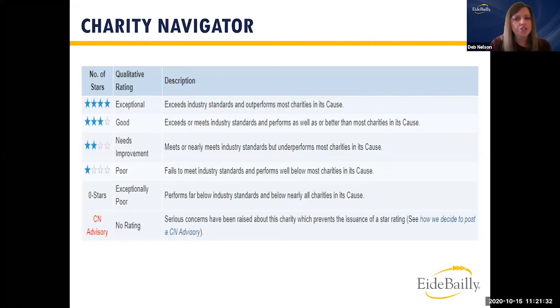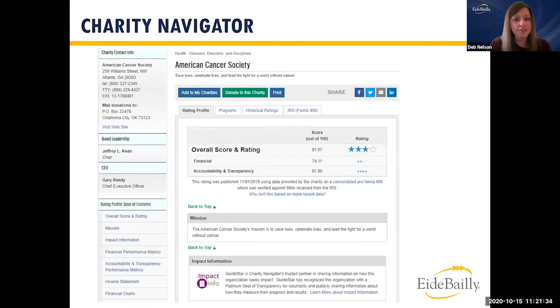And then here's a screenshot of what pulls up on Charity Navigator's site. We searched the same organization, American Cancer Society, and you can see they have an overall score of 3 out of 4 stars. So that is going to be one of the higher rankings from the evaluator. And if your organization falls within those criteria where you can be evaluated by Charity Navigator, I would encourage you to go out there and pull up your organization so you're at least aware of how you're being portrayed to the public if someone else is doing that same search.